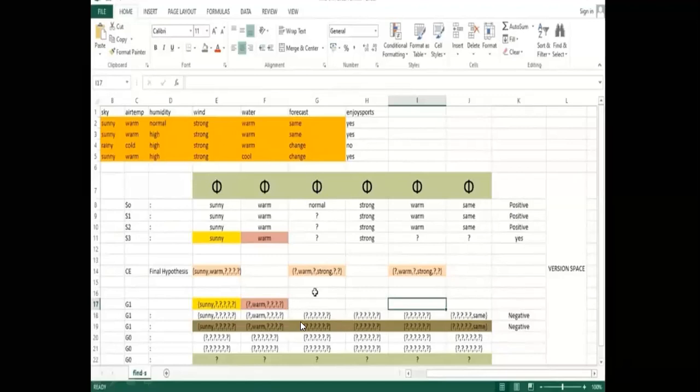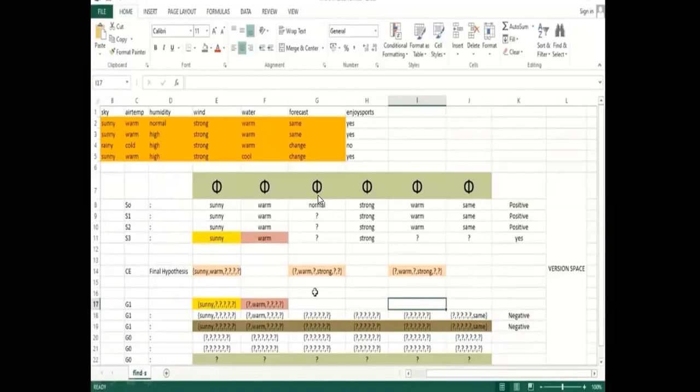Now like this is over. Now let me have the fourth record, that is sunny, warm, high, strong, cool, change. And yes, since it is yes, it's nothing but a positive record, so I'll be providing it to the specific hypothesis. So what I do, here it is rain, here it is sunny, so because there is no change in data set, I replace sunny as sunny itself.